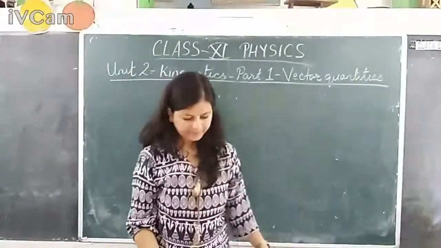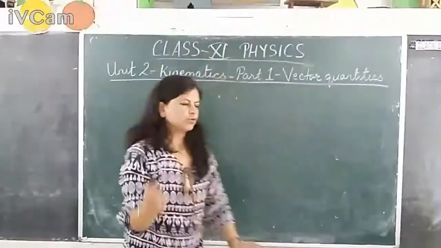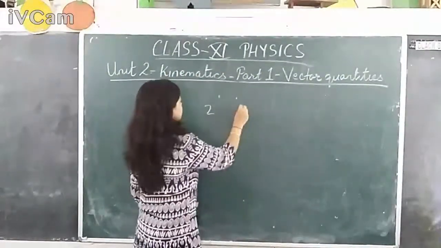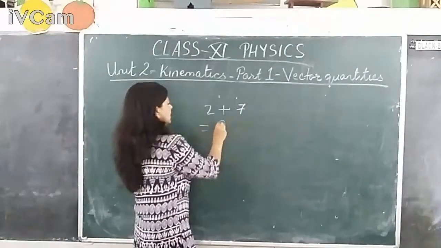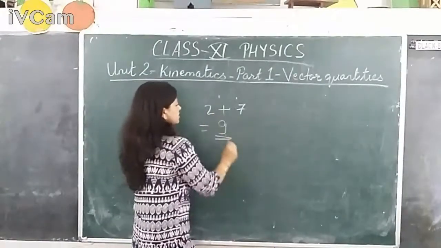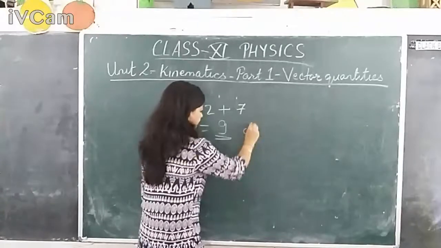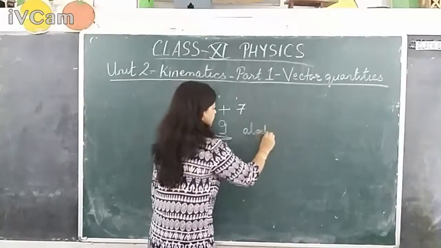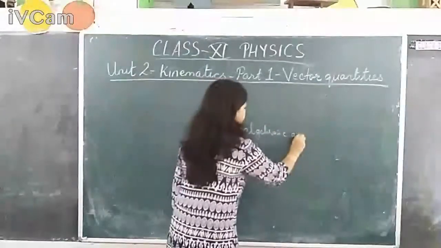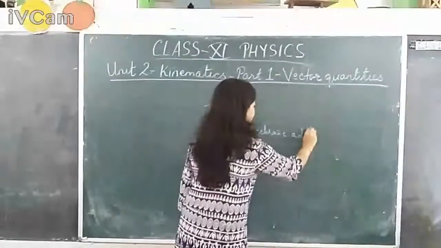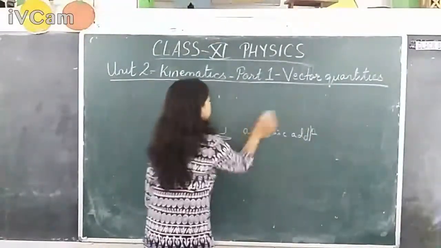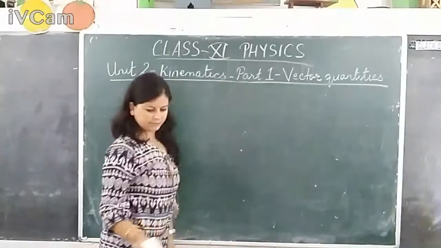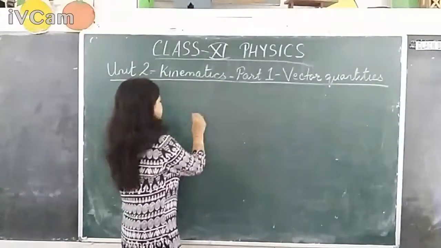Addition of vector. Now if I give you two numbers, 2 and 7, can you add them? Yes, I can easily add them. The answer is 9. Now this addition is called scalar addition. That means you are just adding the numbers. Okay. But if I give you two quantities,